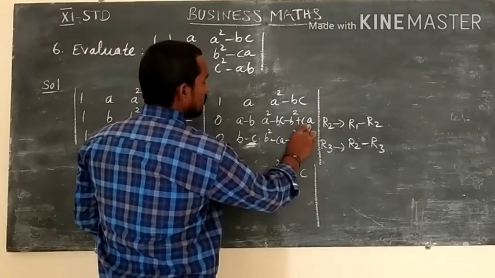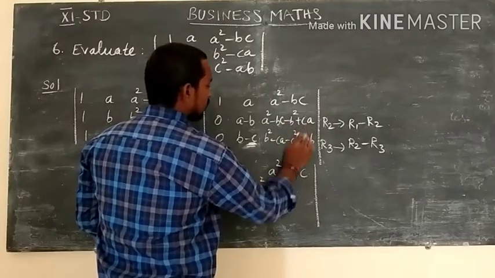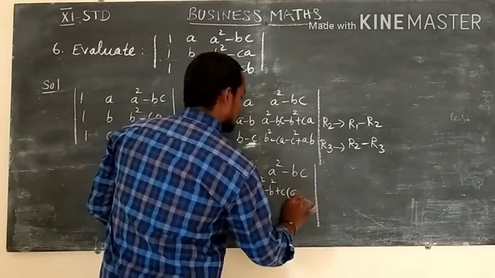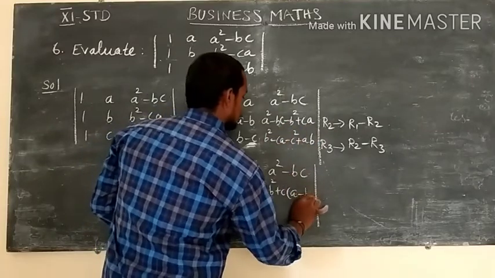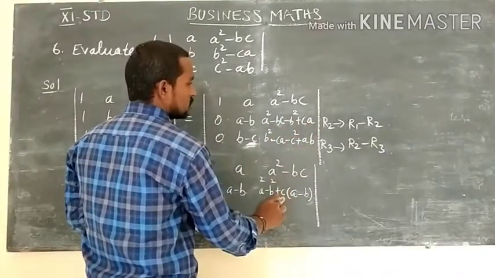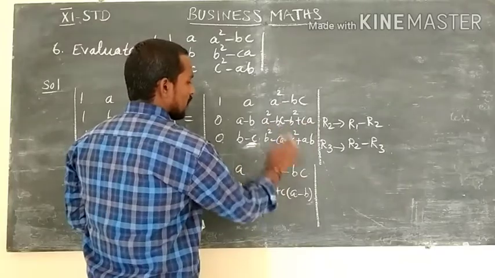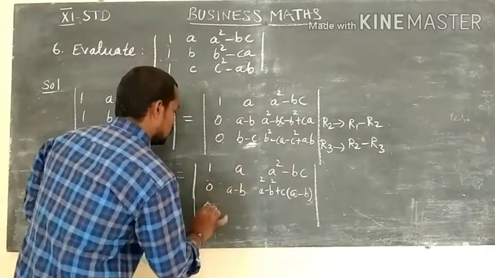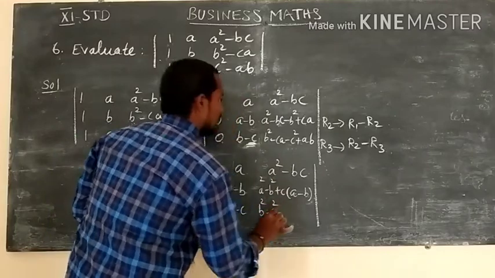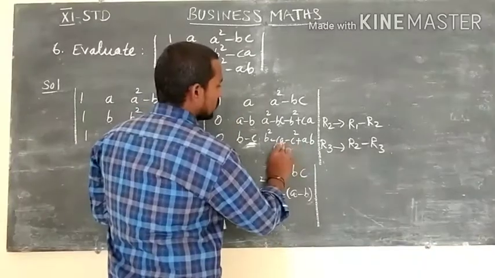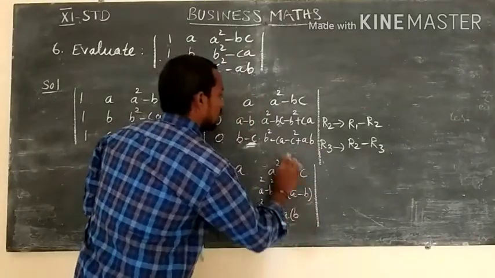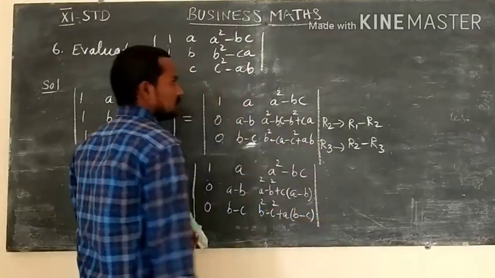Here compare both the terms. Get the c is the common. So plus c is the common, remaining a minus b. Okay. Compare the second and fourth term. C is the common taken outside, remaining a minus b. The same as 0, b minus c, b square minus c square. So compare second and fourth. Here a is the common. So plus a is the common, so b minus c. Okay.